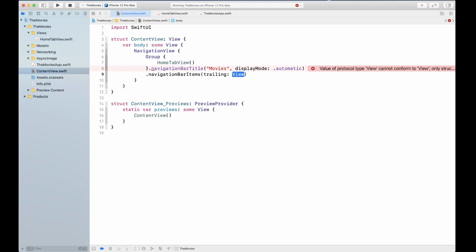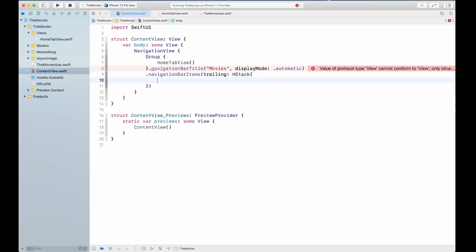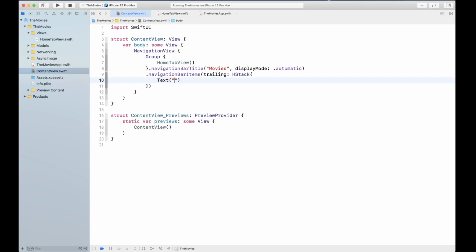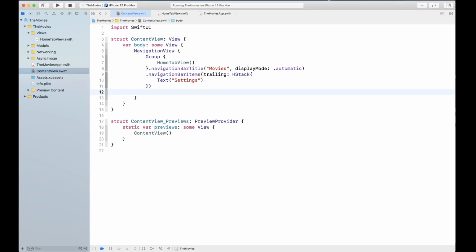Okay, so we need some view at the trailing part. So we are simply going to create an HStack here. Okay, and inside this HStack, we're gonna display a view. So for now, I'm simply gonna say settings right here. Okay, now